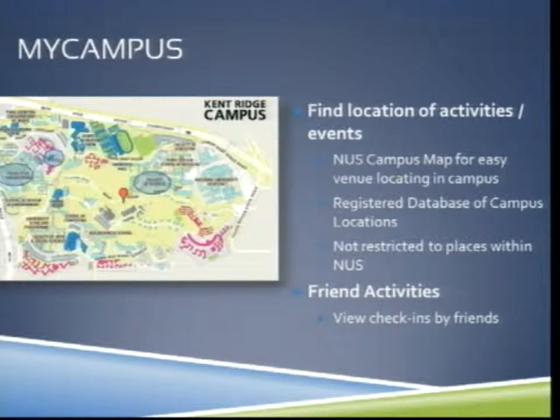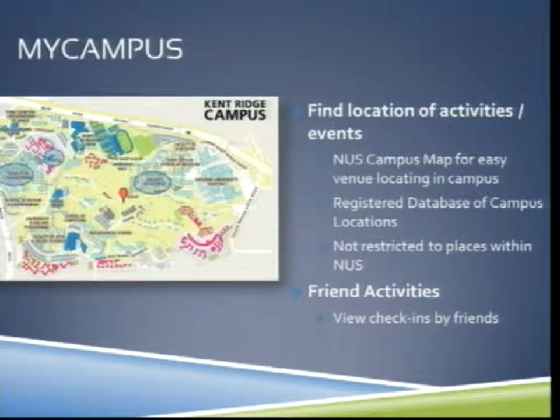As I mentioned earlier, you could show where your next event location is. It could also show you, for example, where you're checked in by your friends. So let's say you have a friend doing a tutorial nearby, and he checks in because maybe he wants to study with someone, and you have the option to go and join him, which we hope would bring the community closer together.